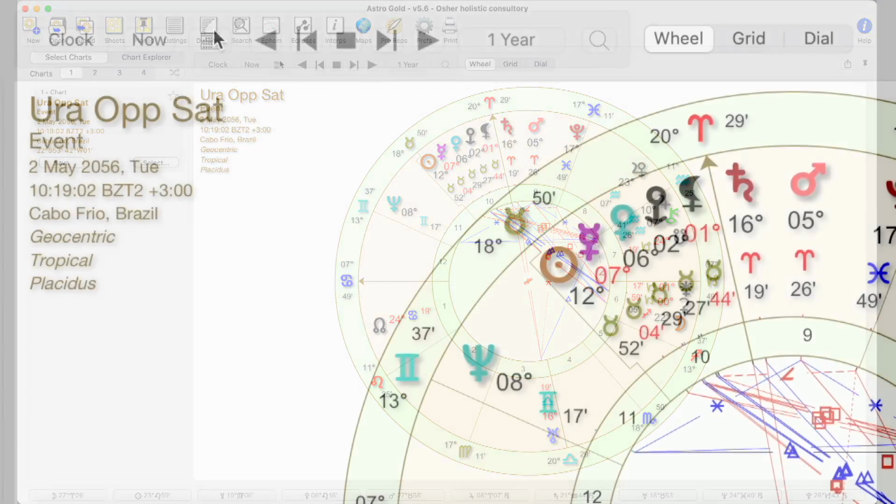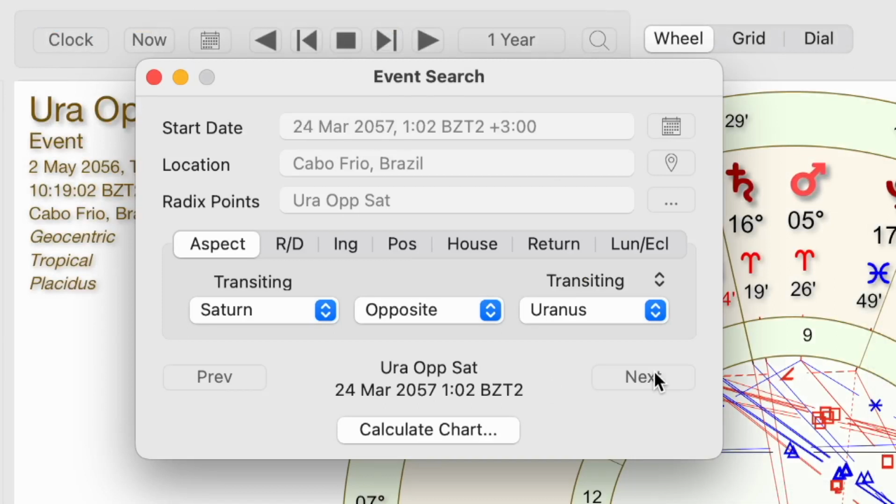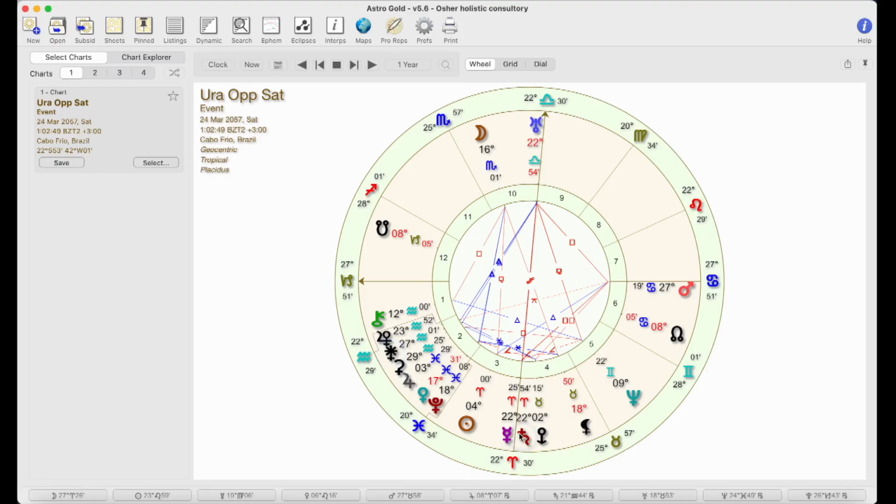You see? And then we are going to search when will be the next time, in 2057. We are going to this place, and here again Uranus opposing Saturn. It will happen in 2057, and so on. And we could learn and predict important influences as we will understand, and it's always to understand and always to explore what's the archetype of each planet and what it means for Uranus and what it means for Saturn. By the way, just taking this time is very significant, seeing the 22 degrees, Uranus, Saturn, 22 degrees after what